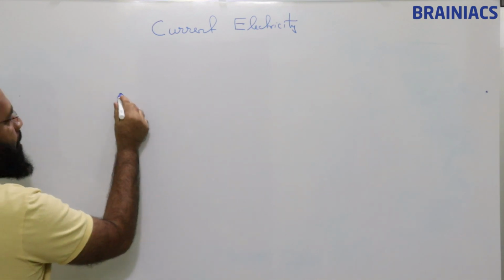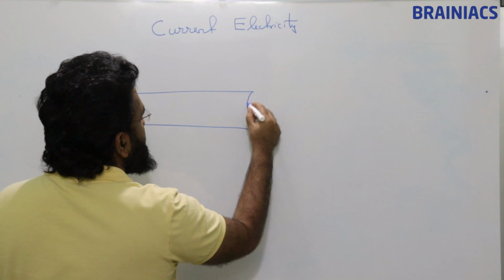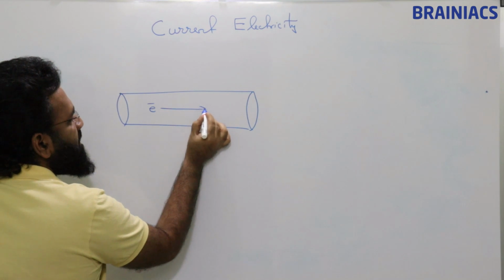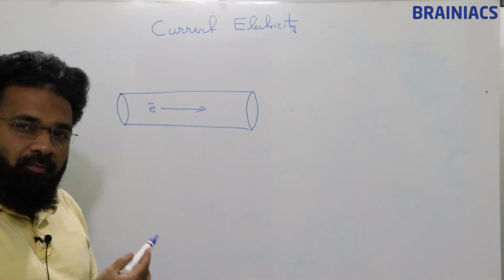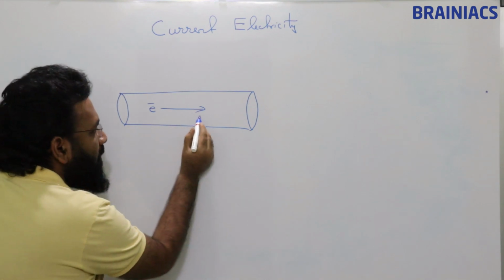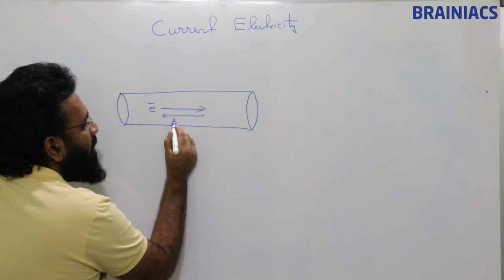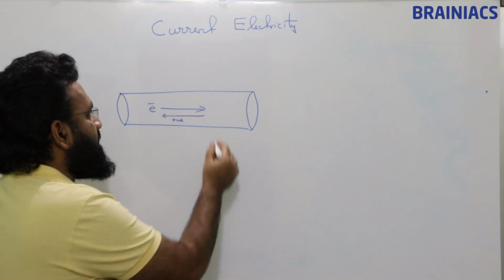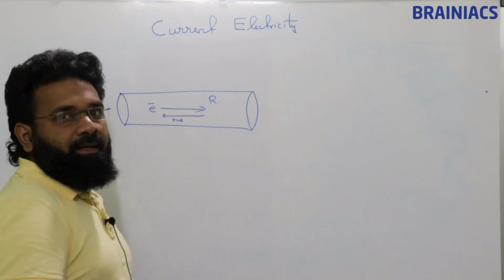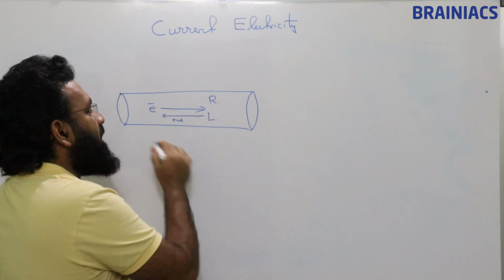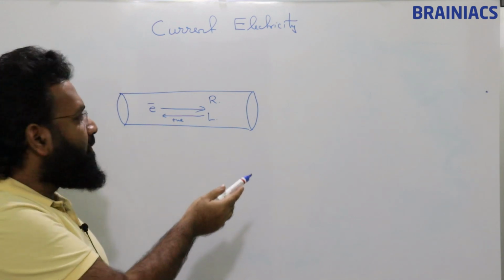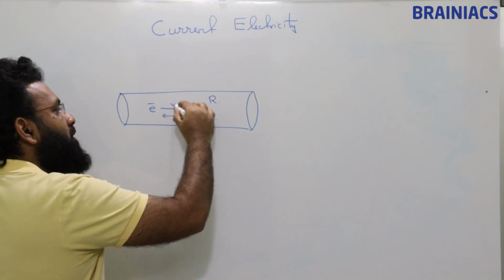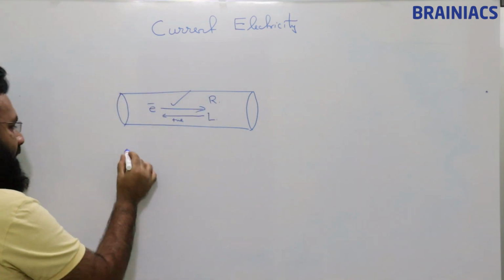Now suppose this is a conductor, electrons are flowing in this direction. So due to the flow of electrons, positive charge will be flowing towards left side. Suppose electrons are flowing in the right direction, there will be current, or positive charges will be flowing in leftward direction. So we can say current is in this direction. So due to this electron, current will be there. Other than that,